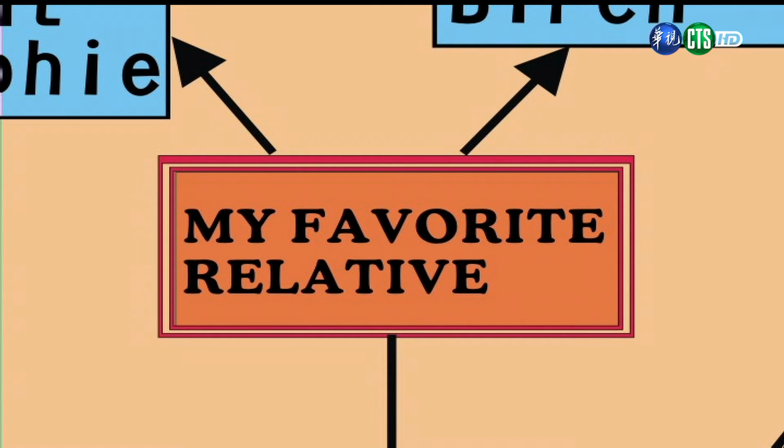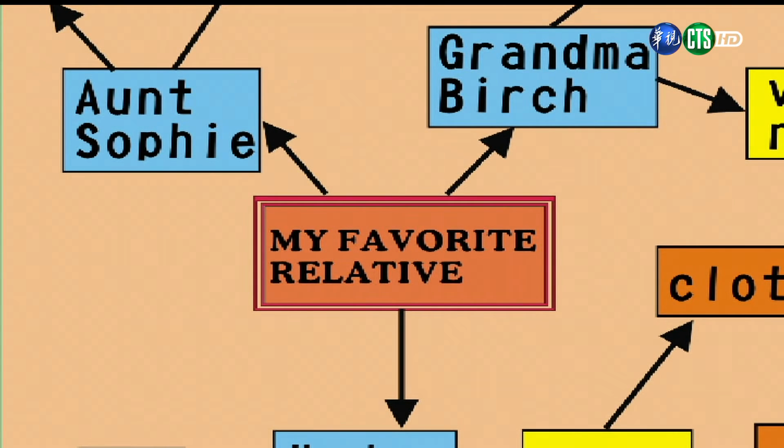And you can see here that two of the links are ones associated with Aunt Sophie and Grandma Birch. 好，你可以发现呢，以这个我最喜欢的亲戚为中心，再继续去往外发展呢，我们得到了一些这样子其他的连接，包括这个苏菲阿姨或者是 Birch 的这奶奶。